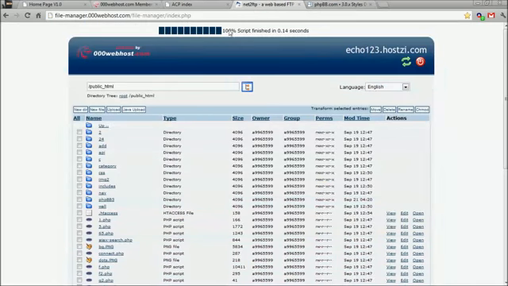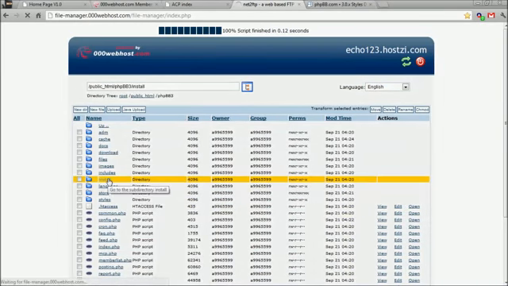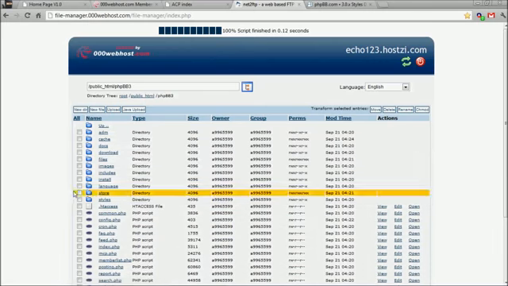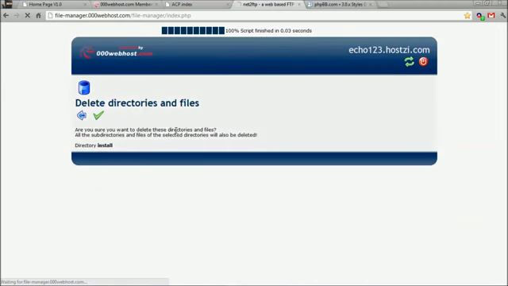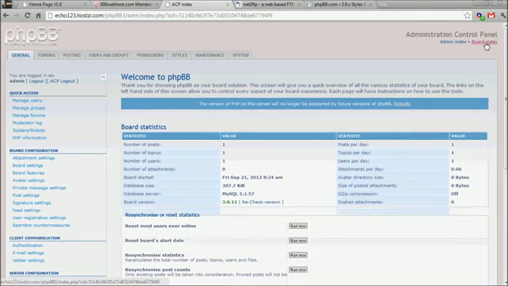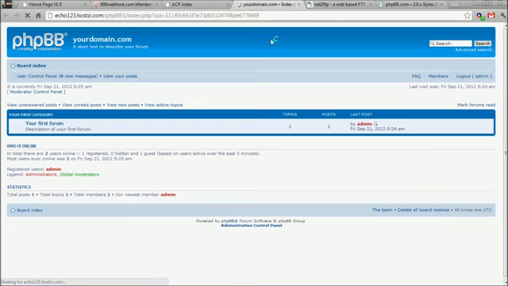So we want to go over to our file manager, in this case this one. We want to go into that folder and find where install is. I accidentally jumped into it here, so jump back out again. Go to install, click the tick, and then we're going to delete. Then we'll jump over here, hit refresh, F5 or refresh at the top of the page, and that will disappear. Go to the board, and your default board will appear. So that is how to install